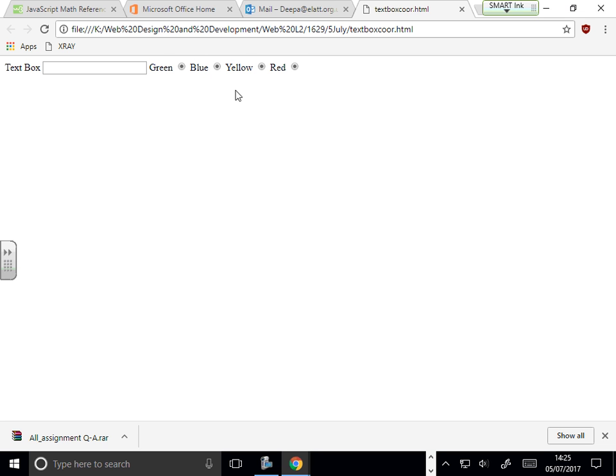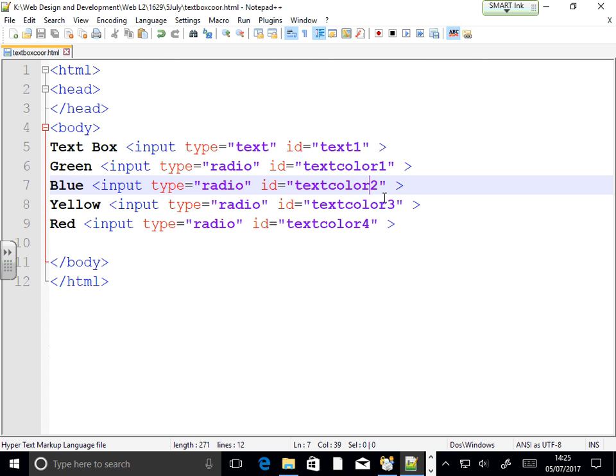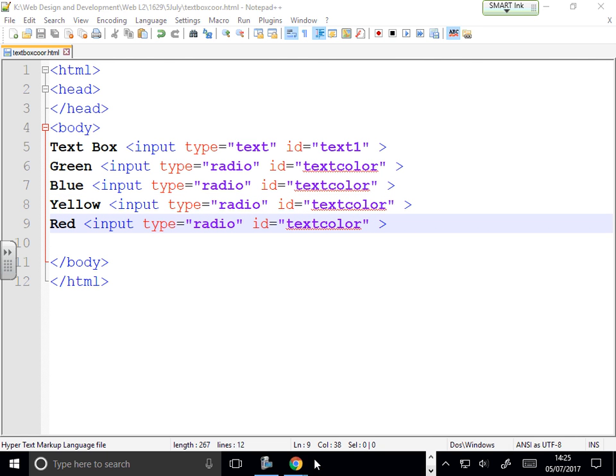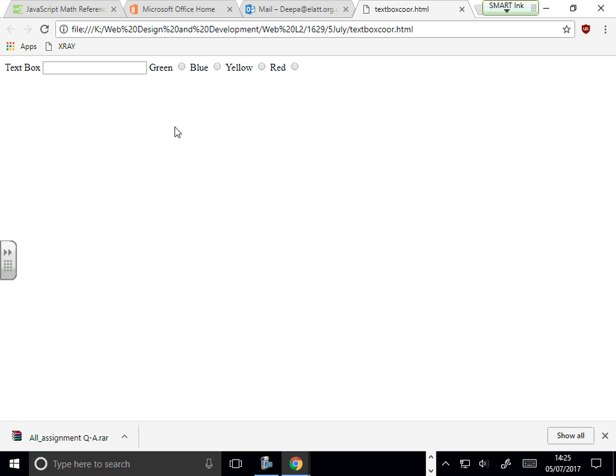Right? If they have different IDs, that means they represent different things. So if you think they represent the same thing, then they should have the same ID. Yeah? So this is the reason that in the code, initially I just said that I've given them individual IDs. If I change them here, just going to call them the same name, right? And save, and I go back on my form here, refresh it. Now if I click,